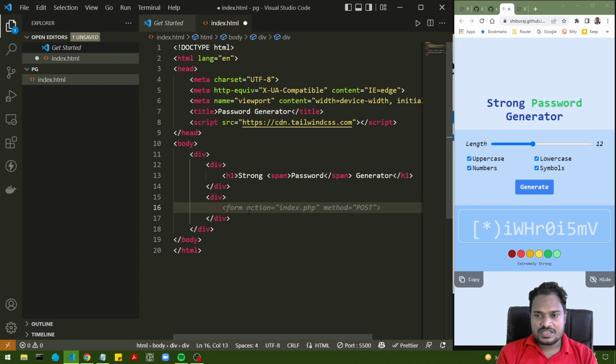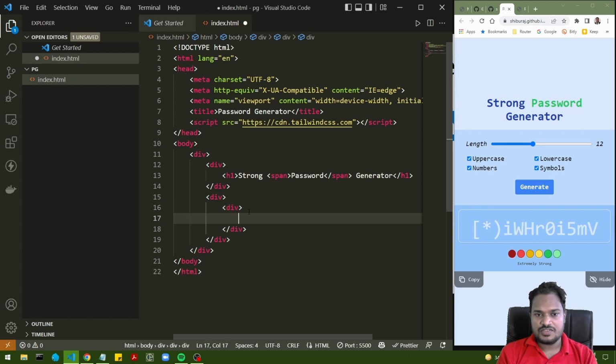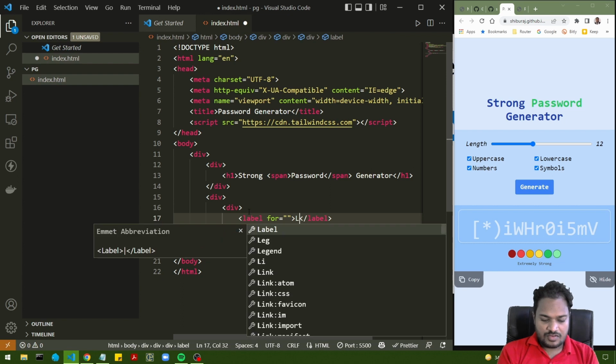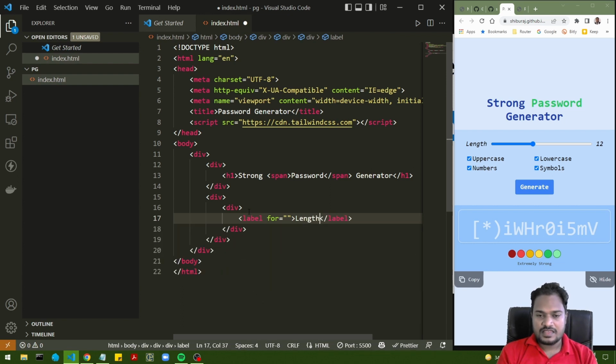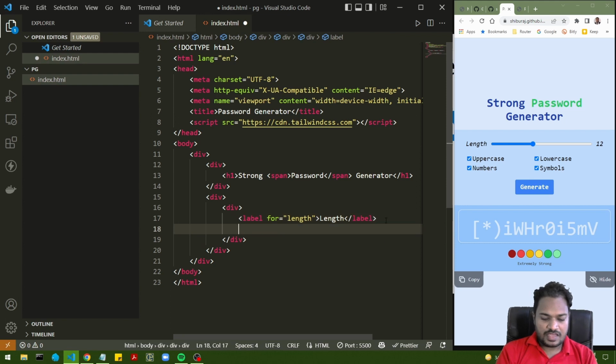Now it consists of a few things. Okay, first let us have a form. Let's create a form, and in fact we don't need a form, we will skip the form, we will directly put the input elements. Okay, so first we will have another div which is going to house a label. Label will be called length, right? And this will be for length. Then I will be having an input